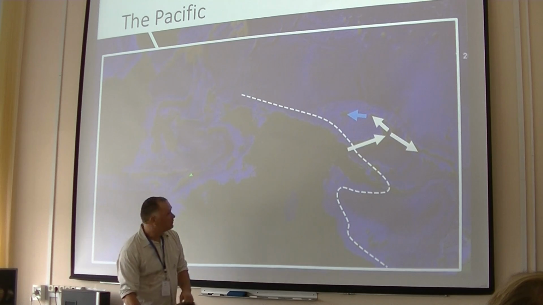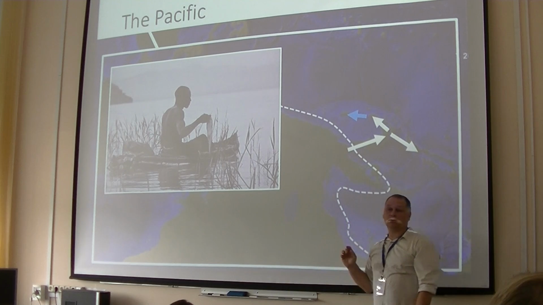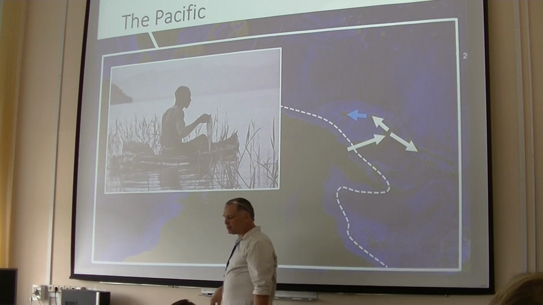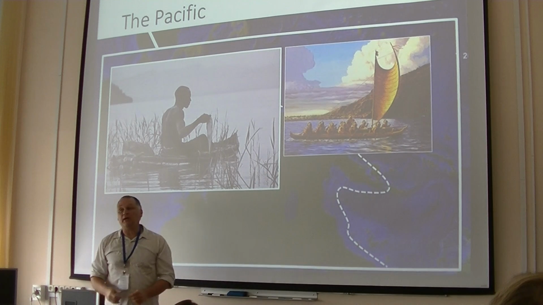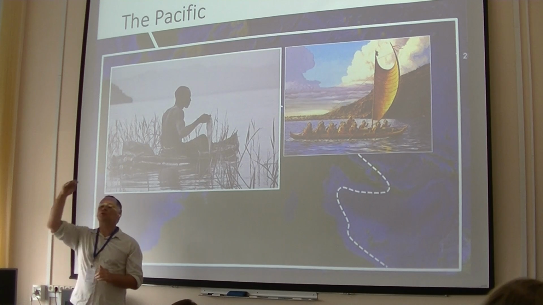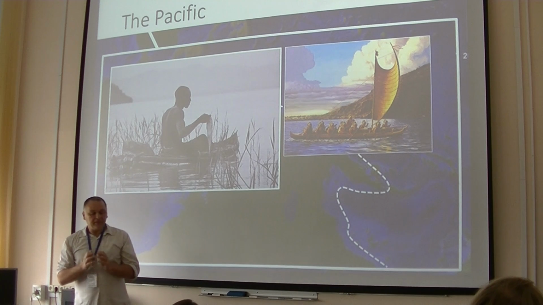Up to this point, something like this would be sufficient to get here if you were lucky. Maybe. You can see where you're going, it's possible. To get to Manus Island, up there, you need something more dramatic. You need to have deliberately created something which will keep you going in the hope that you find land. This means,